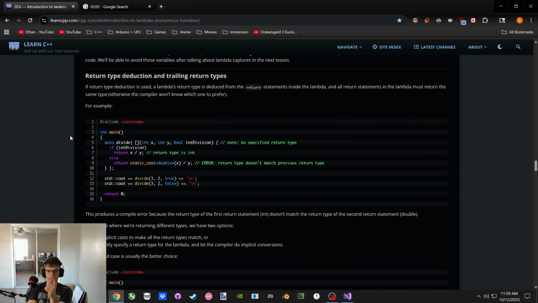But the problem here is that we're returning x over y, which is an int. But if we cast this to be a double, we're casting x, not y, so we're dividing a double by an int, which yields a double return type, which means in one case we're returning an int return type, and in another we're returning a double return type.